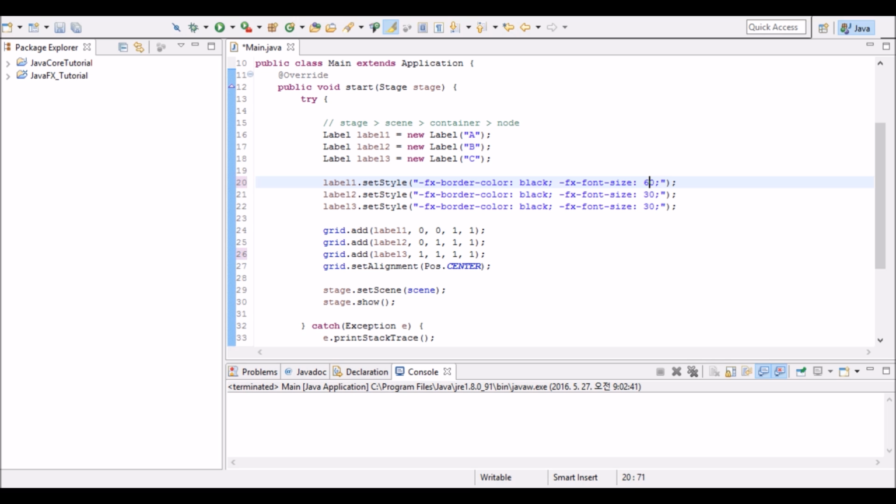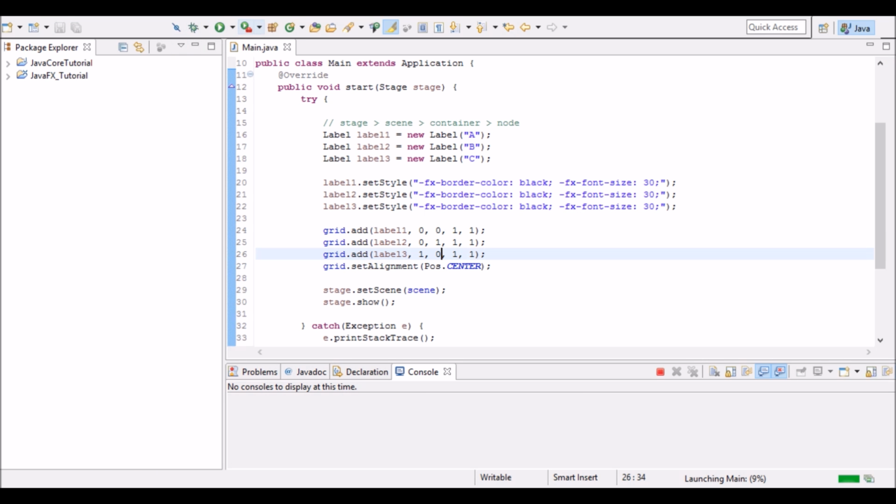But before that, let me change back to original. And let me change the coordinates of label 3. So 1, 0. And let's run this program.